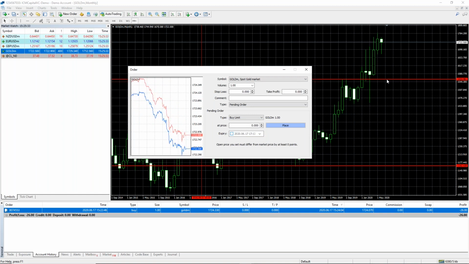I'll show you a small example here. I'm placing one lot, which is a pending order, which I want to buy. Now the market is around 1723 somewhere. Suppose I want to keep a buy limit at the 1720 level. So I'm going to place a price here like